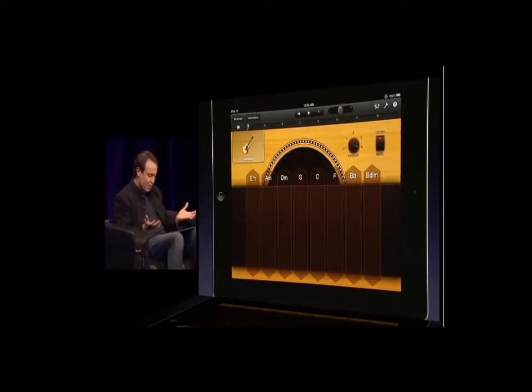So in a lot of ways, these smart instruments are kind of like musical training wheels. They make it so you really can't play a bad note. Now, the next